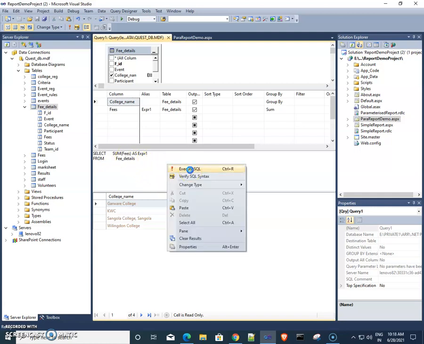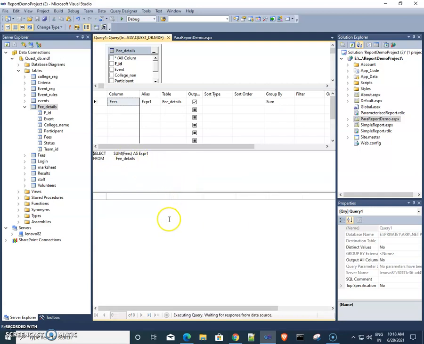So what is the total fee? This is also a summarized result. Total 4000 fees we have collected inside this VP Quest event. So this type of result is called a summarized result.